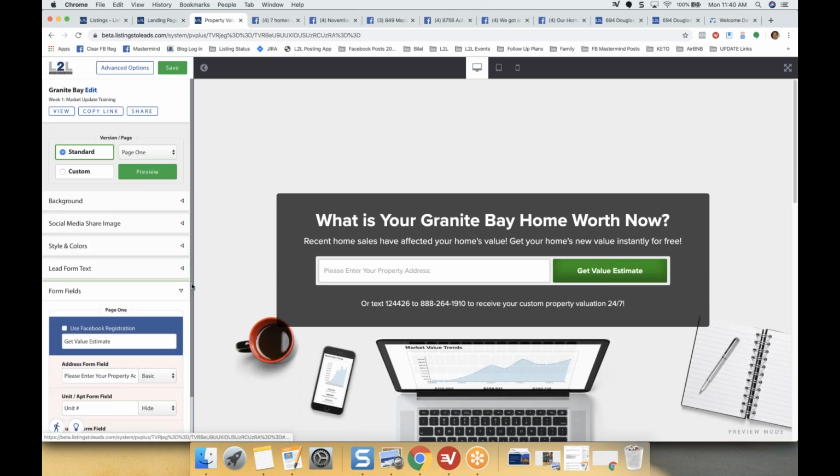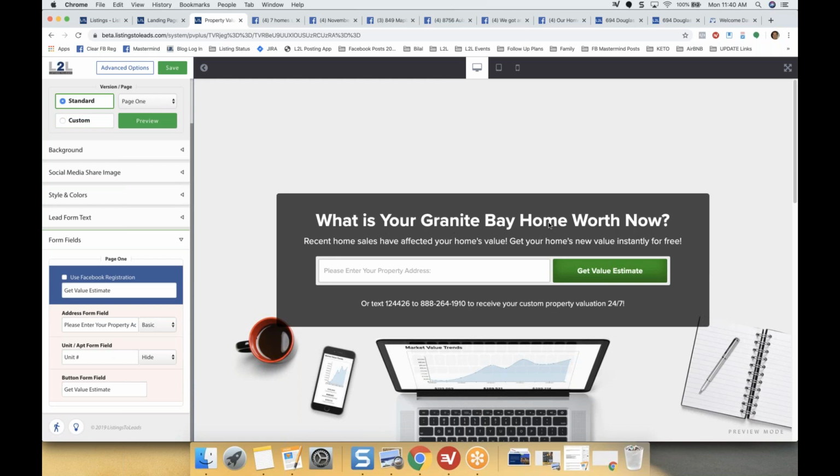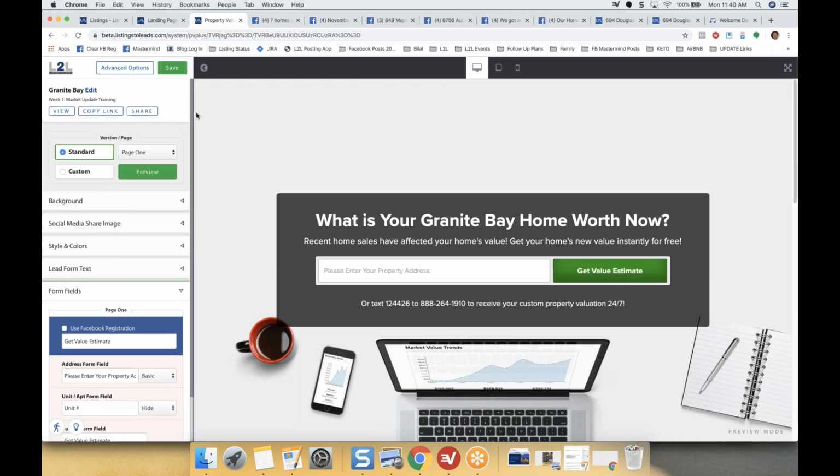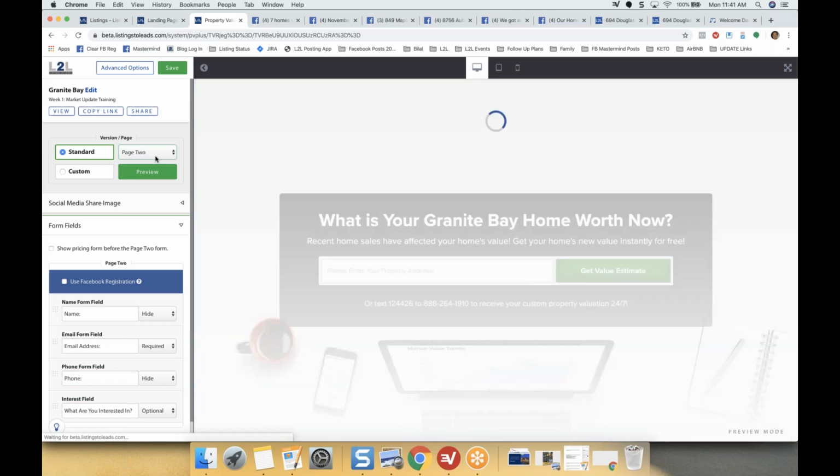And then how we're capturing information. So you see that button says get value estimate. So this landing page is going to capture only the property address in the first step, all right? They put the property address in, click get value estimate, and they're going to go to page 2, all right? So let me show you up here, you see page 1, page 2. So if I toggle to page 2,